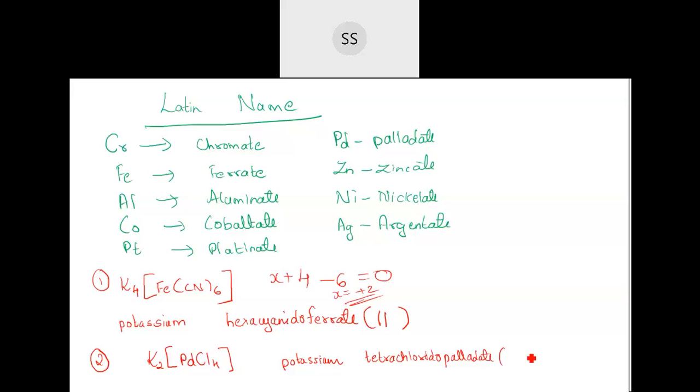Then you write the oxidation state. Here this is minus 4 and then plus 2, so minus 2, which will be taken to the other side. So it's 2. Once you understand the rules and you know the names written for them, then it's actually fun to write the IUPAC name of these compounds. So I'll give you a few more examples you can try out.